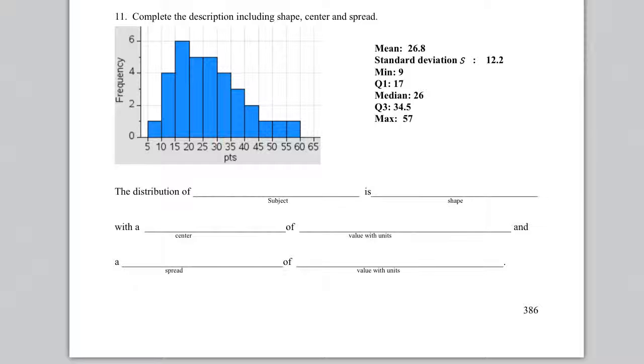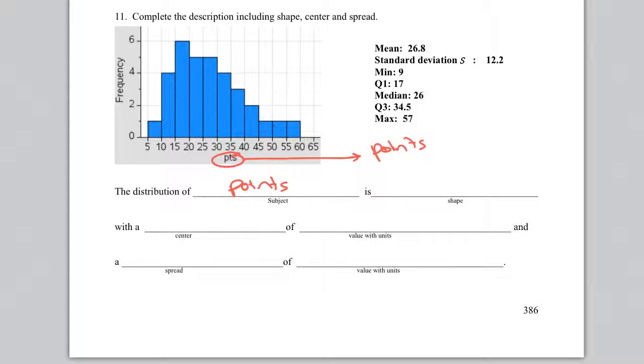One of the things you've got to do is look at the histogram and decide what it is actually describing. You look at the x-axis and it looks like we are describing points, maybe points scored in a game. So for the first blank, the distribution of subject, you're going to use what is being measured. In this case, the distribution of points